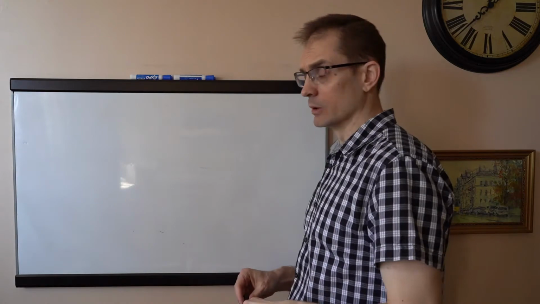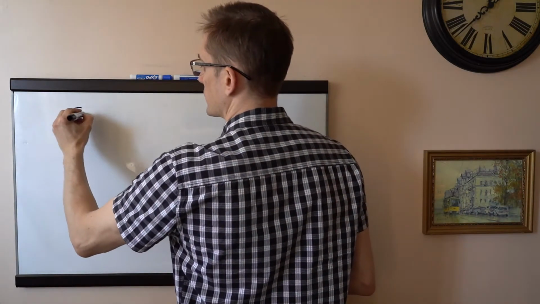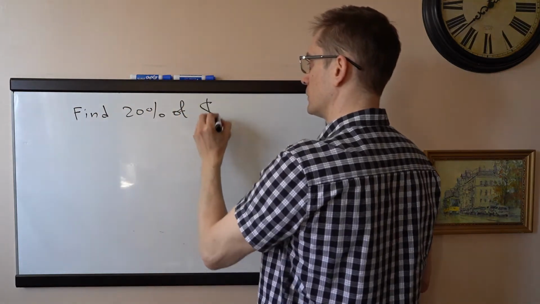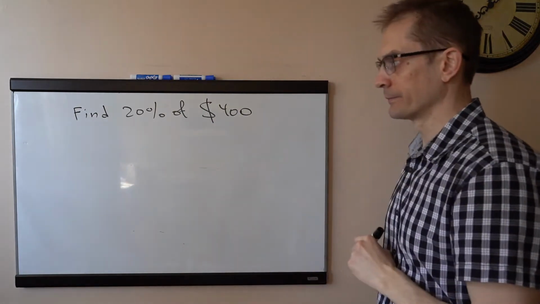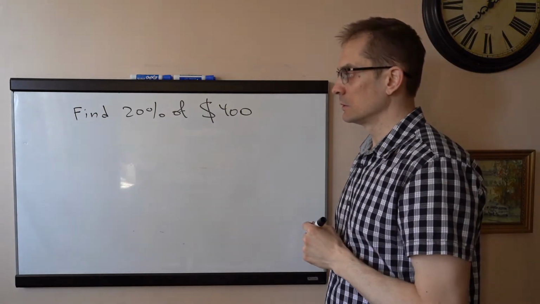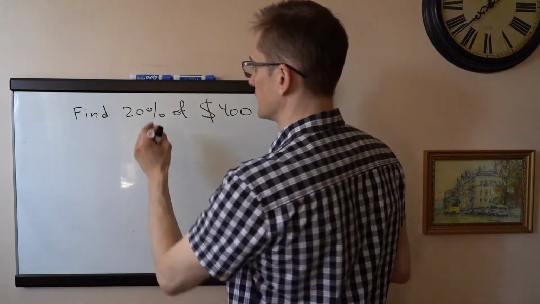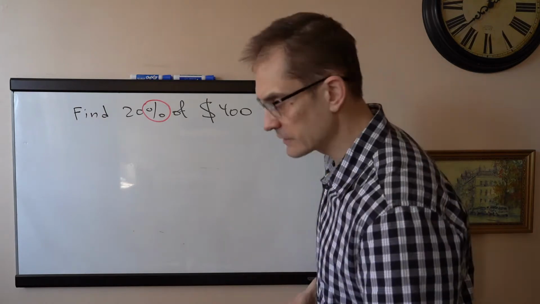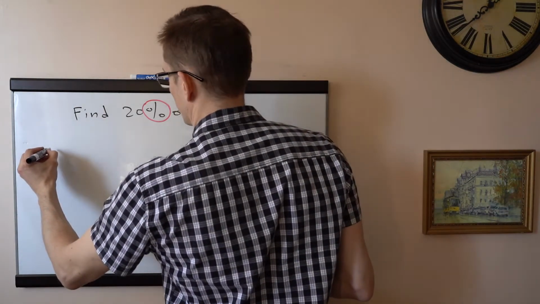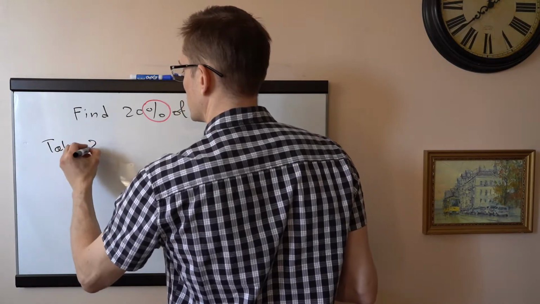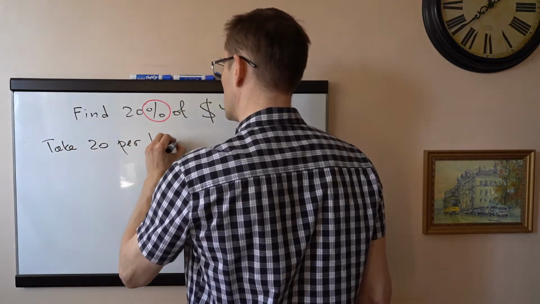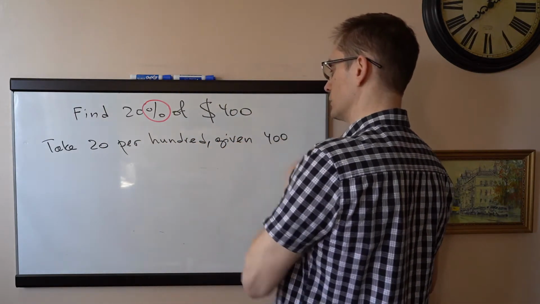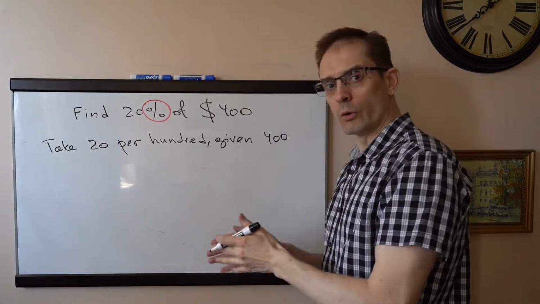Let's start with the first problem, which is a very easy problem. So this problem will be: find 20% of $400. Well, this symbol percent means the word percent, which is per 100. So what this phrase means is: take 20 per 100 given 400. So you're given 400, which is 4 hundreds,